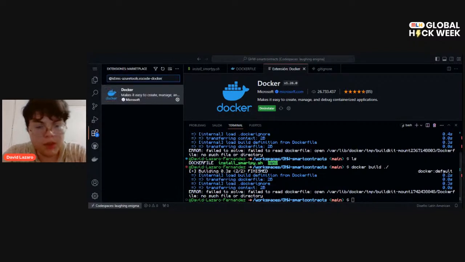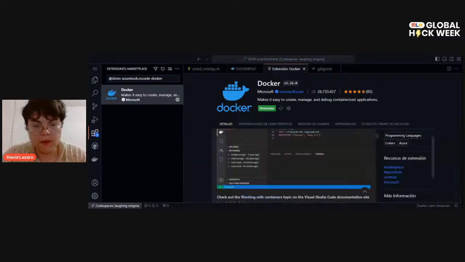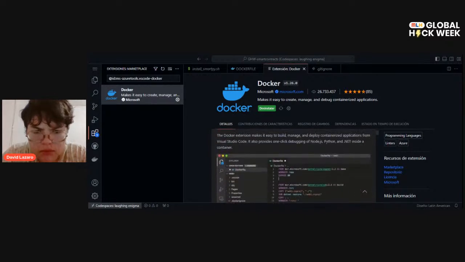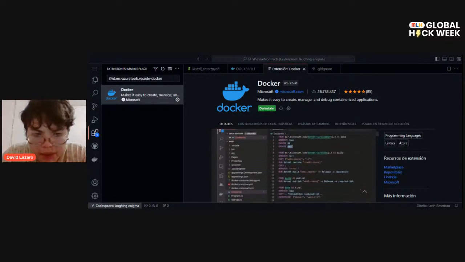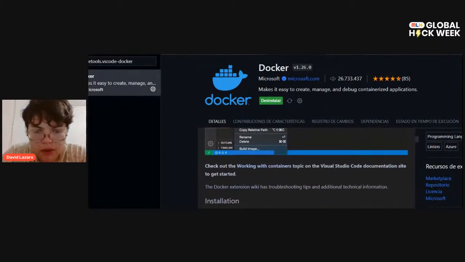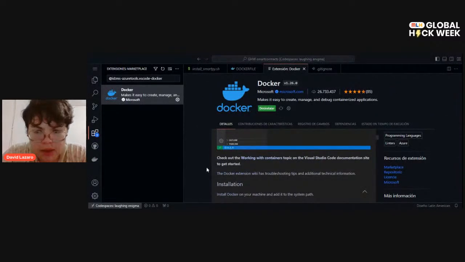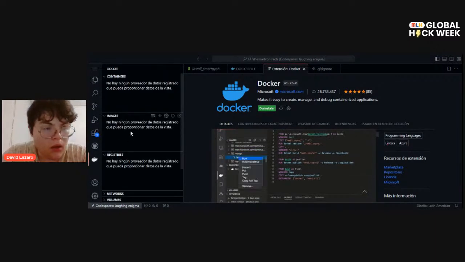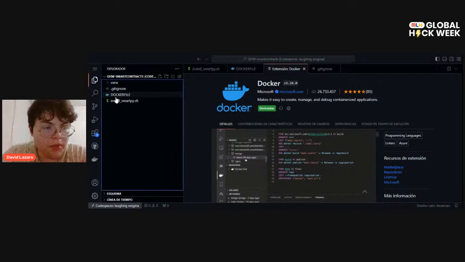Okay, so let me see again. So we have a Dockerfile, then here we're editing it. Then it builds the image. So then if we build it like this,